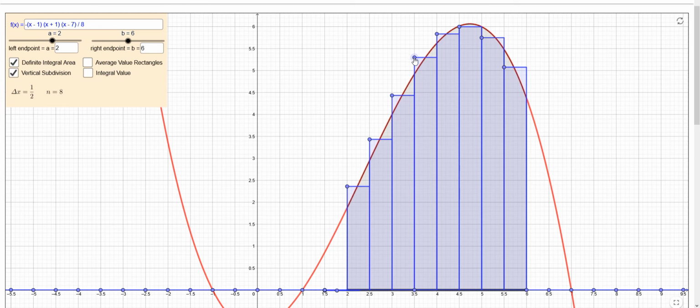See what I'm doing? I'm trying to balance those two areas. If I get it perfectly right, then that rectangle would be exactly the same as the integral of the curve on that little sub piece. And of course, the closer I can get these, the better off I'm going to be. This is a little low. I don't know if I can get it. It keeps jumping too low or too high there, so I can just adjust that one mentally, I guess. So once we get these all where we think we need them,